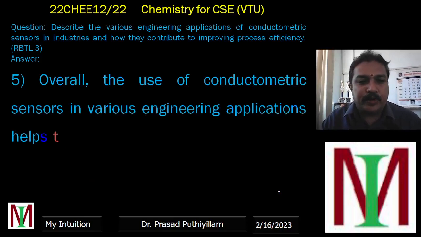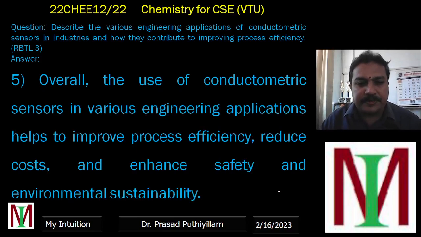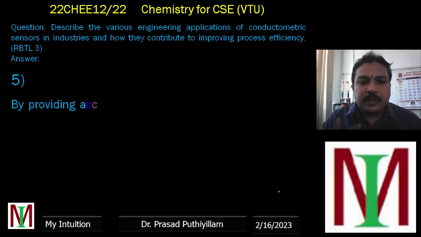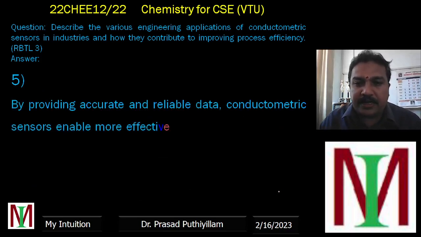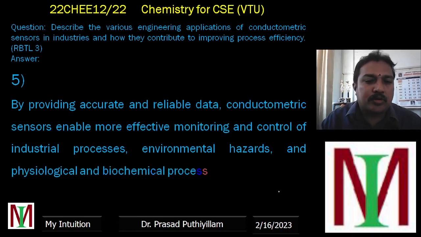Overall, the use of conductometric sensors in various engineering applications helps to improve process efficiency, reduce cost, and enhance safety and environmental sustainability. By providing accurate and reliable data, conductometric sensors enable more effective monitoring and control of industrial processes, environmental hazards, and